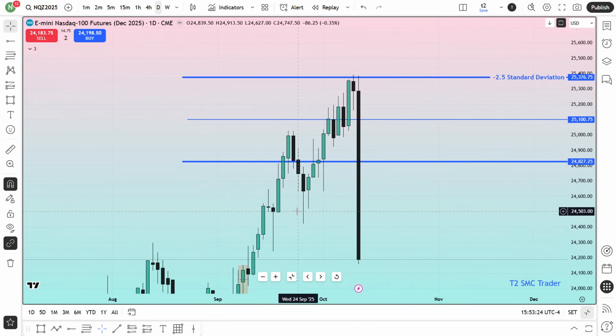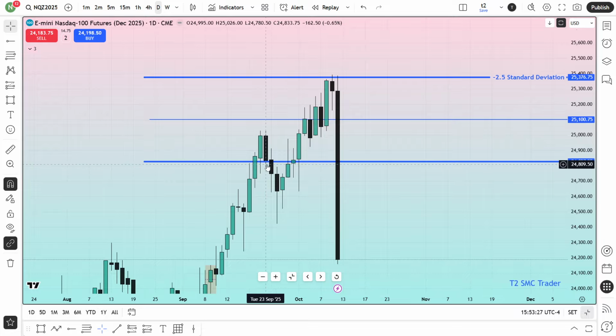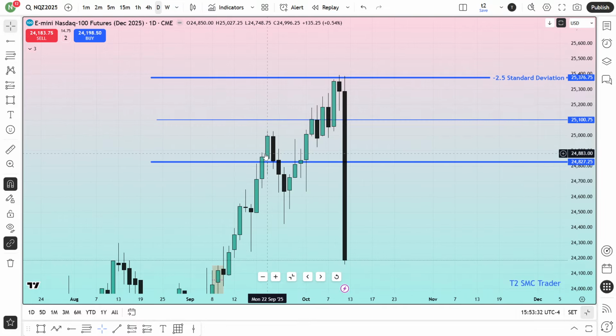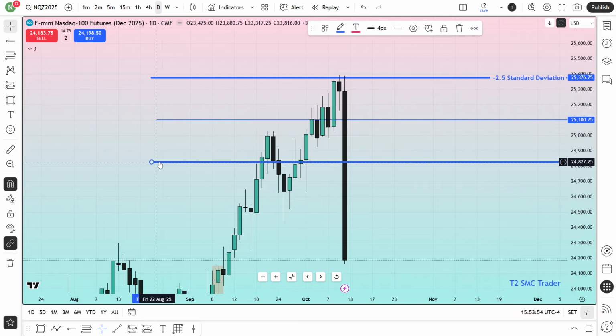If it doesn't make the all-time high at -1.5 standard deviation, then -2.5 standard deviation is going to be the all-time high. At the same time, how do I know that it's not going to make the all-time high and the market is coming until here? You have to look at the bodies, very specifically from the daily chart. If you see the bodies have closed above the line, then you will expect that this can't be the all-time high. It is coming for this line to make that all-time high, which is -2.5 standard deviation. So now it's your time to use this -1.5 standard deviation as your support, not resistance.